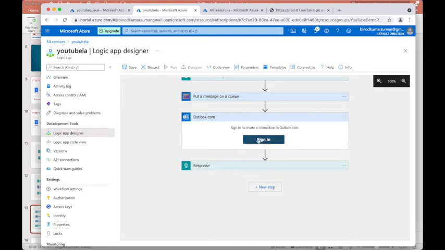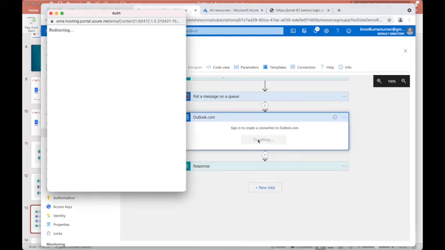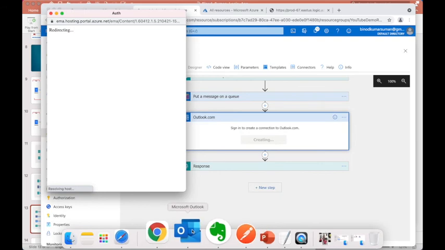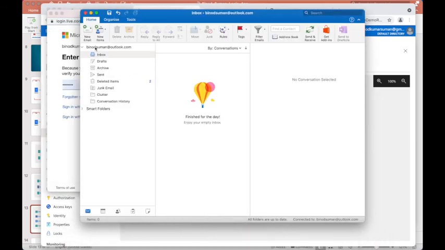Obviously, it then needs the credentials here because it is sending from you. That's why this pop-up box comes up to authenticate, right? So let me show you. I have my account, vinodsuman@outlook.com.